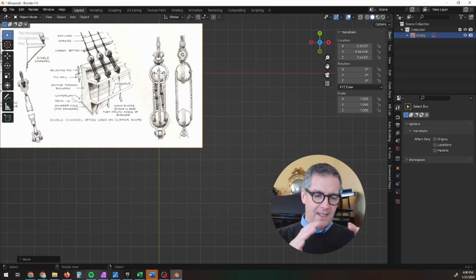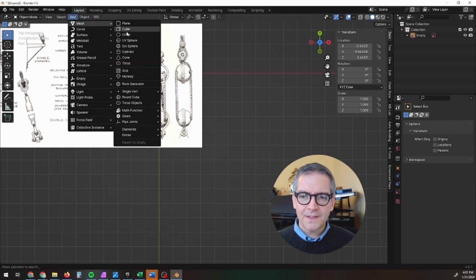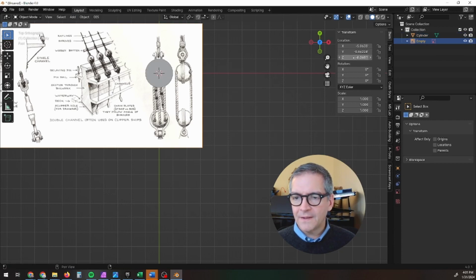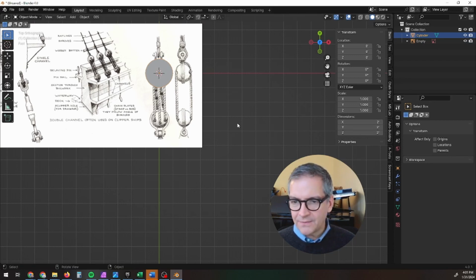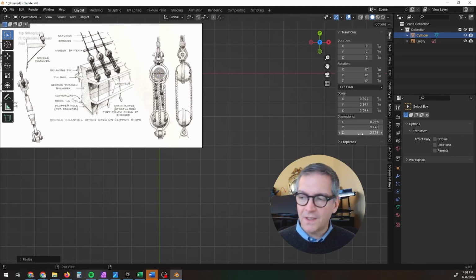Deadeyes are pretty big. They're like 10 inches maybe across in diameter. And so when you're building one, let's put in a 10-inch sized, let's see, we'll get a cylinder. Okay, so we want to get this to be about 10 inches in diameter. So we're going to shrink it down. I'm going to hit S. We're going to scale it down to, well, actually, it's hard for you to see here, but I'm at 0.798